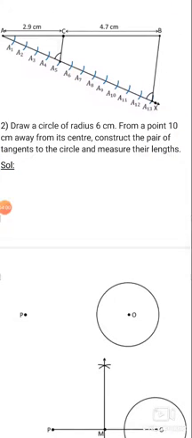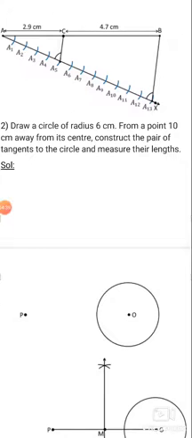So listen, first we need to draw a circle having radius 6 centimeter. This one is not correct measurement, 6 centimeter. Now the method is this one. You need to take the correct measurement 6 centimeter. We draw one circle. After that, from a point 10 centimeter away from its center, we need to mark a point P at a distance of 10 centimeter away from the center. That means radius is 6 centimeter. Then outside that 4 more centimeter you need to take. Now mark the point as P, external point as P.